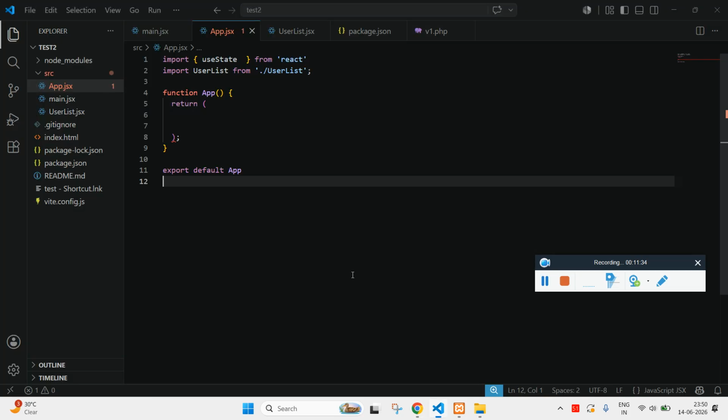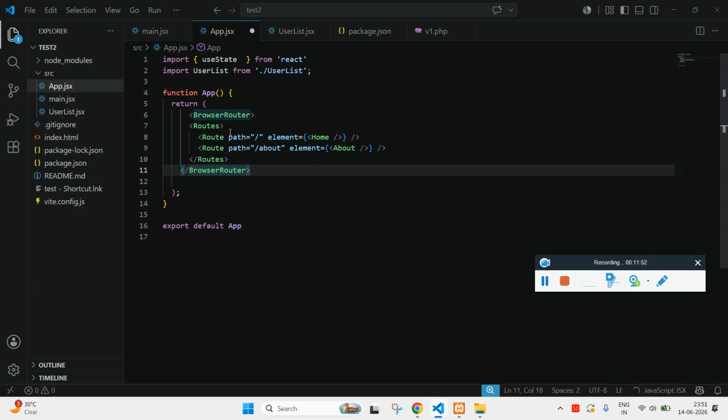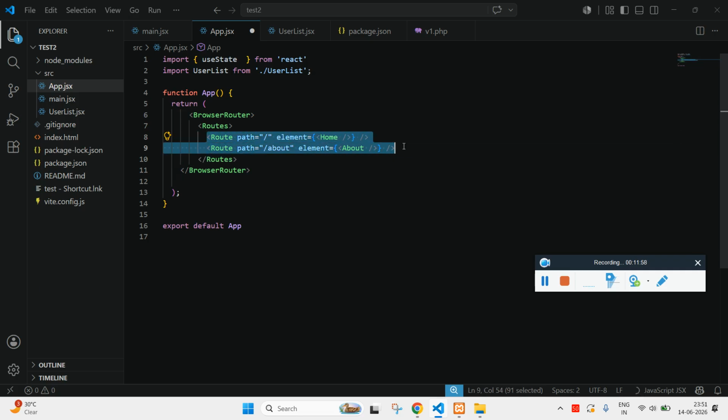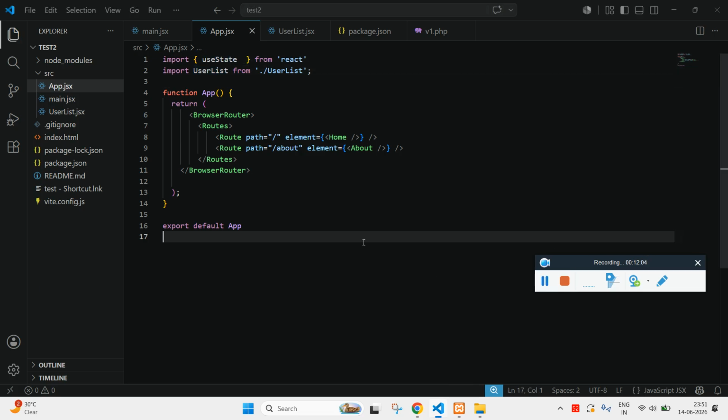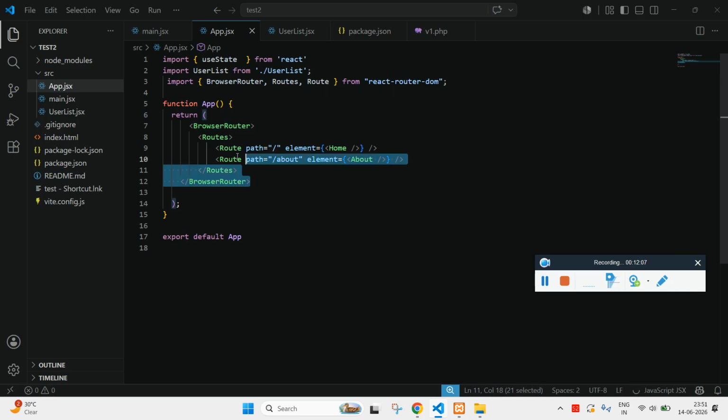So let's use that. Now what we have to do is use routes in the sense that when I hit the home URL, I should get all the values displayed in the form of a table. When I hit add on the URL, I should see a form. For that, I'll be using this component by React. Whenever I use this, make sure I import it at the top, just like how we have imported useState and user list. I have imported BrowserRouter, which is for the browser, and this is the parent which holds all your child routes. So when I hit slash, I want